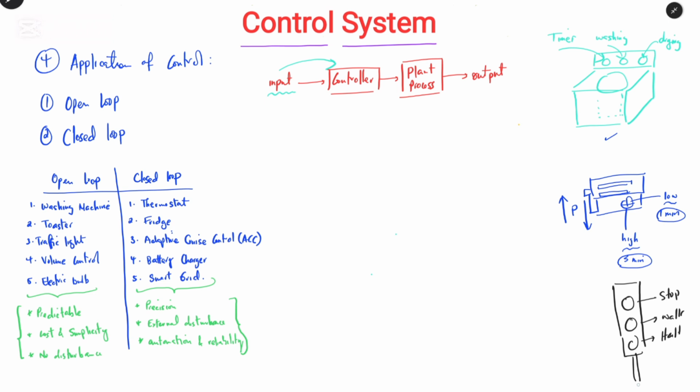You may observe this along a pedestrian crossing. So we have stop, walk, and halt, and we have the controller, which is also a saga, and it can be a timer, and the plant will be the light itself. For example, the first light will be stop, the second will be walk, and the third, for example, halt